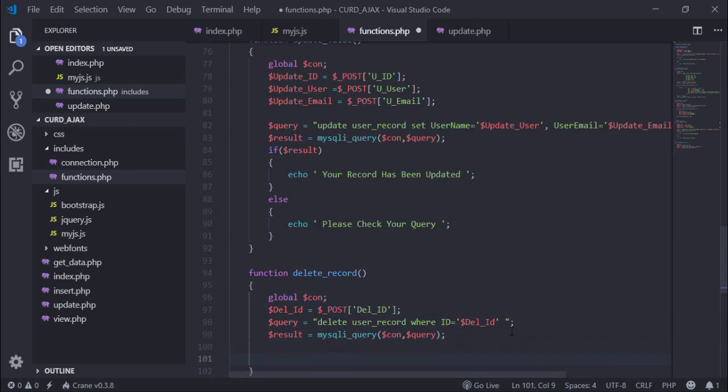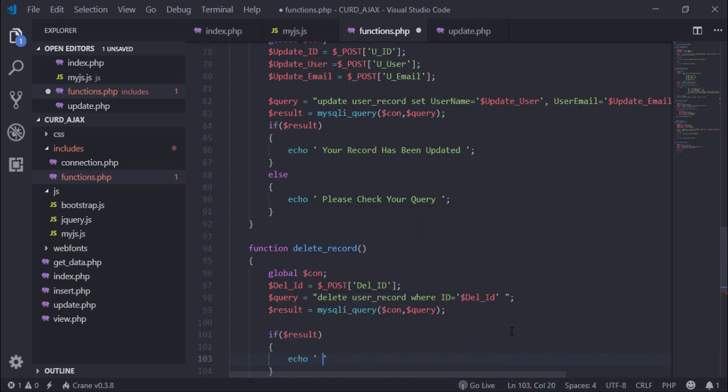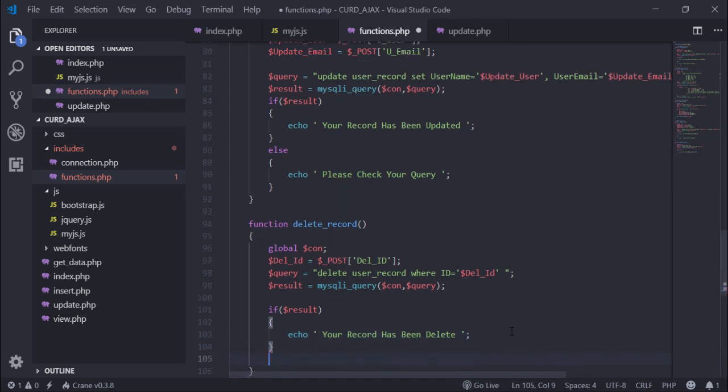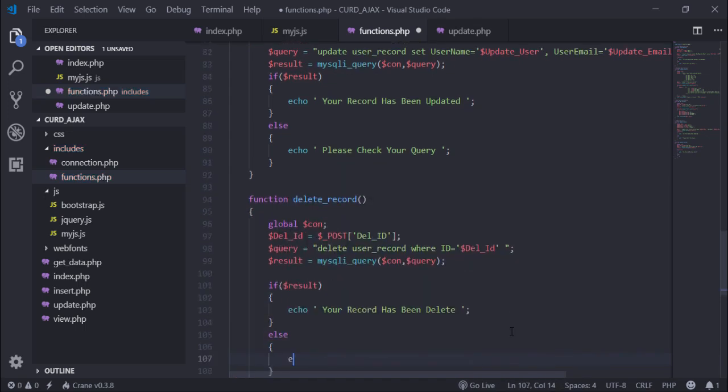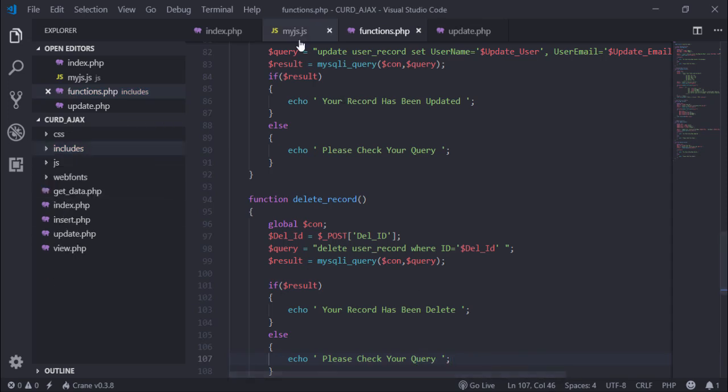Then I call if our query is okay, then come into the if body and display the message your record has been deleted. Now the next thing is I use an else statement, and in the else statement I use, please check your connection, query, right? Save that. Okay, now the next thing is, first I go to myjs.js file,